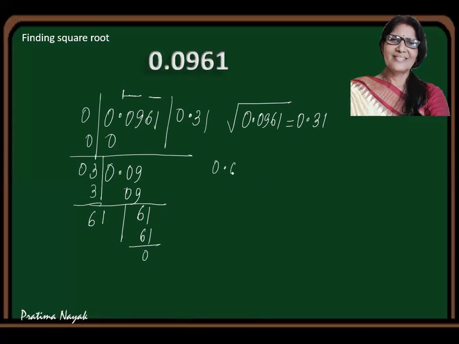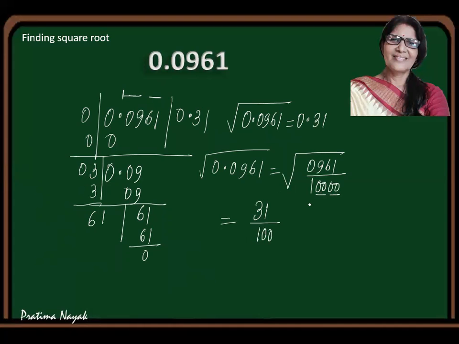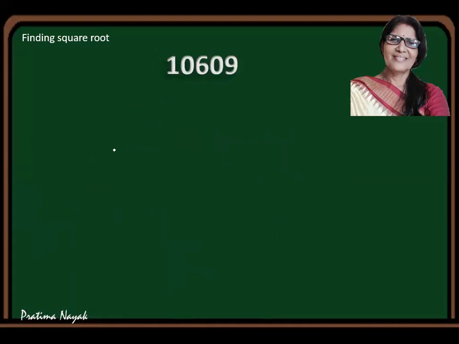Or, as I showed, you can make it into a fraction. So this will be 961 by 10,000. The square root of 961 is 31, and the square root of 10,000 is 100. Out of 10,000 you write 100, so it will be 31 by 100, which is 0.31. So this can be the method. Next,